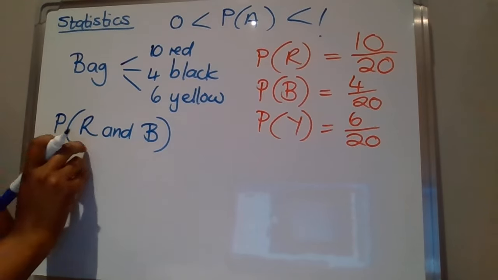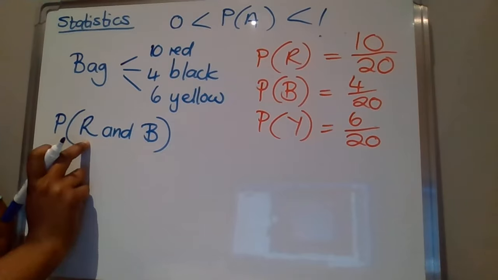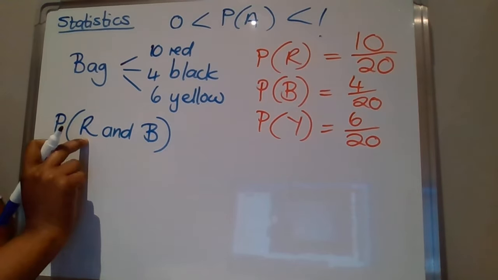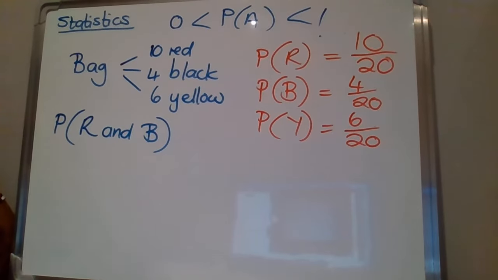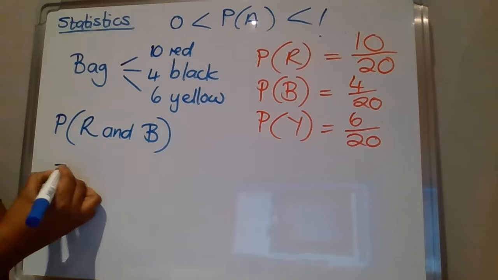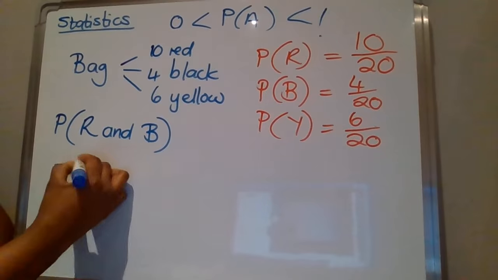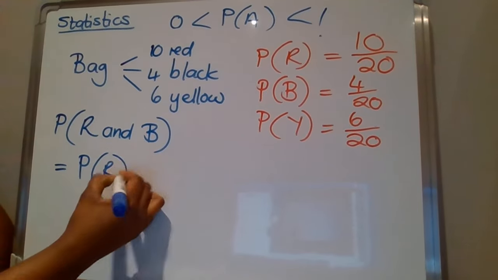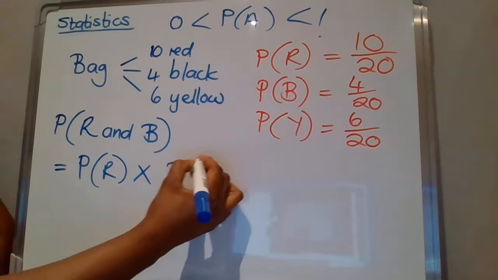Okay, so when you pick out your first ball, you see the color, you note the color, right? And then you replace it, you put it back into the bag, all right? So what happens now? We actually then say they are 2 independent